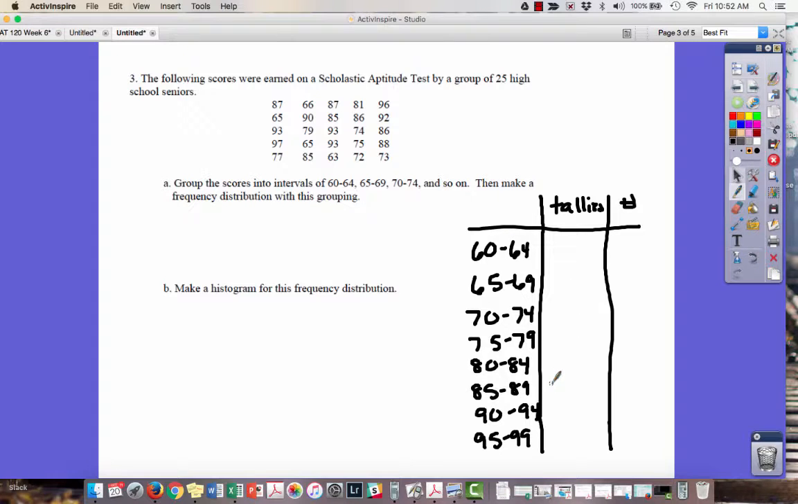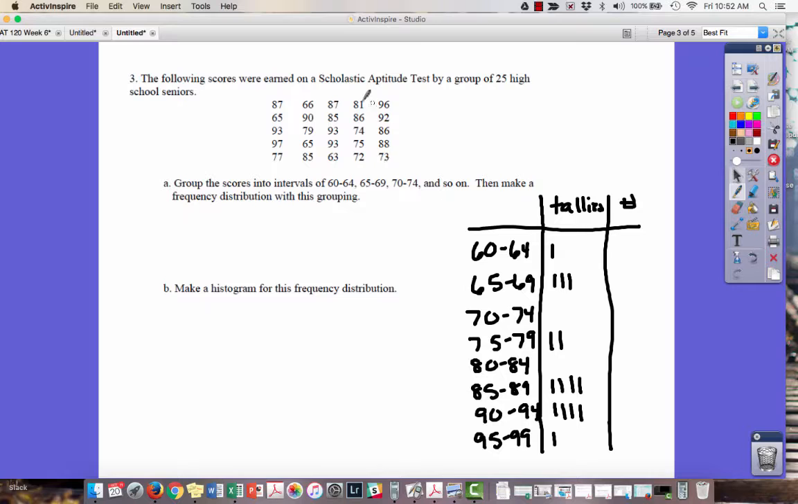So 87, I'm going to go down. It doesn't really matter which way you do, you're going to get the same thing. So then 93, 97, 77. Then the second row, I get 66, 90, 79, 65, 85. Then the third row, 87, 85, 93, 93,